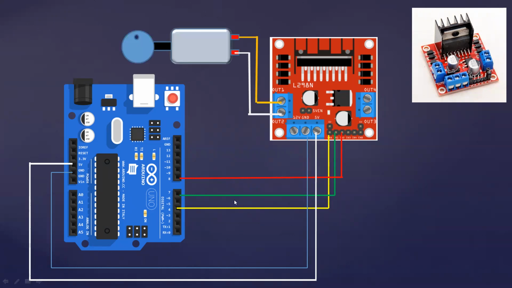Now connect the DC motor. You can observe here, this output 1 and output 2, basically they are positive and negative supply. So connect these 2 terminals of the motor to output 1 and output 2. So this is your complete circuit diagram. Okay. So after that,